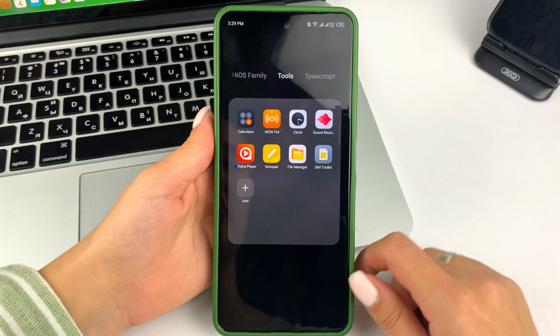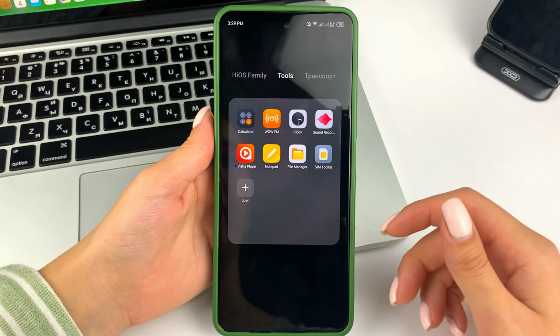So, first of all, you will need to find your file manager or just an app called Files and open it. This app stores all your photos, videos, music, documents, and so on. Now when you open it, you will either have a list of any photos or videos right away, or you can go to that list, find some images, and then wait for them to load and then work with them.